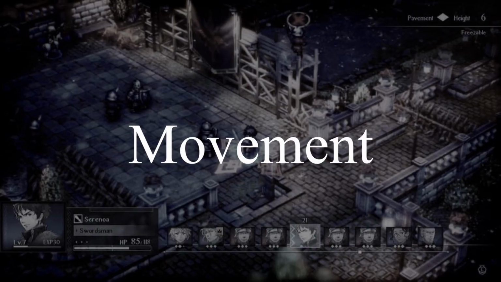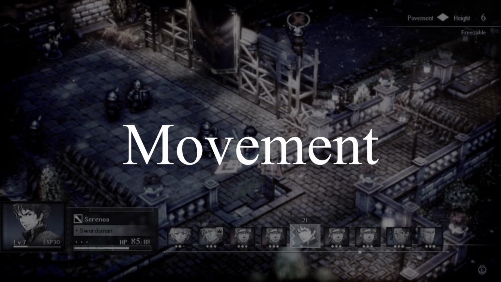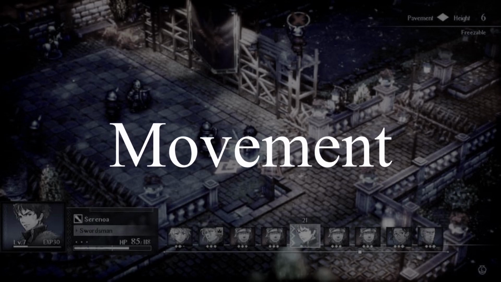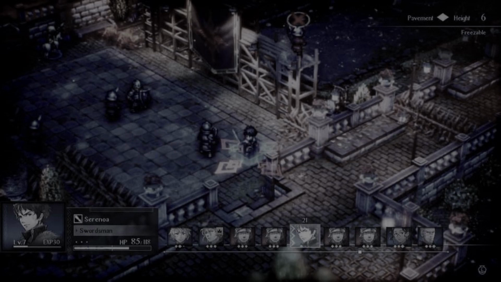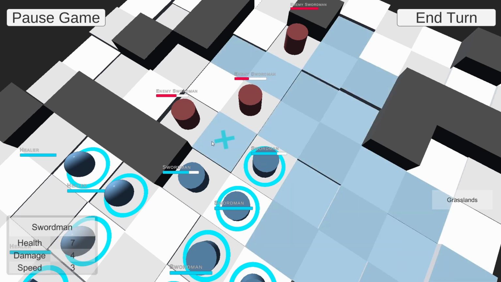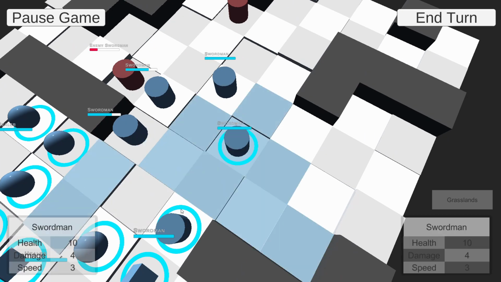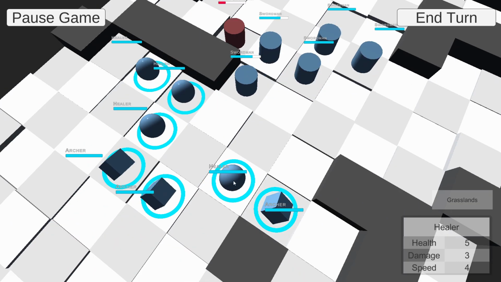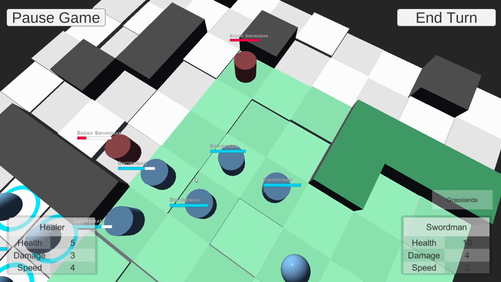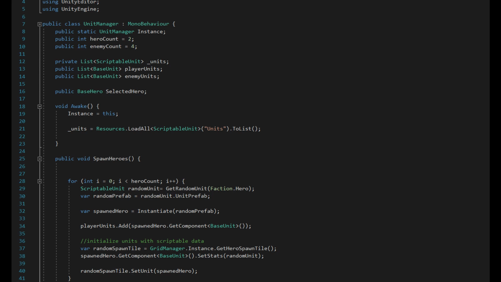Next up, movement. What you want movement to do is basically move units from one tile to the next. So you want to change the variable occupied unit of each tile that we described in the previous step. To do this, we use a specific script called Movement Manager, which mainly returns a set of tiles that the